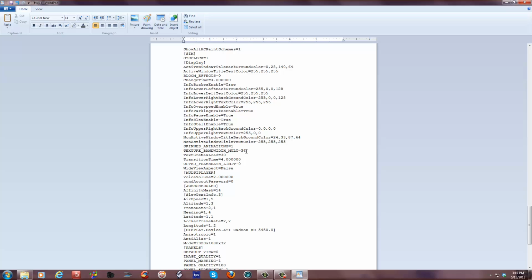Texture bandwidth multi at 34. Okay, so I changed mine to 70. So I guess you can, I told you to make it an even number. Try 34. Leave it at that. You can change this to 21 as well. Try it at,